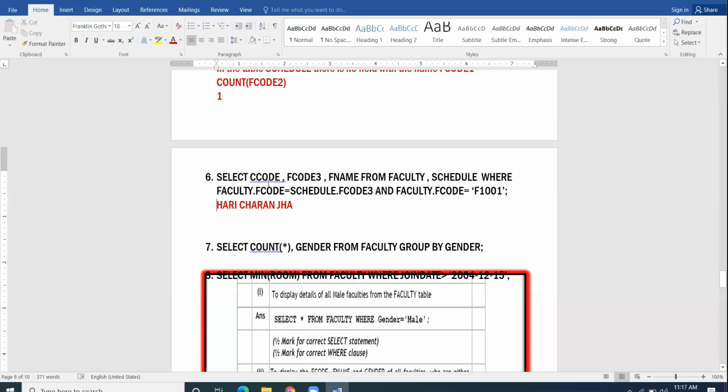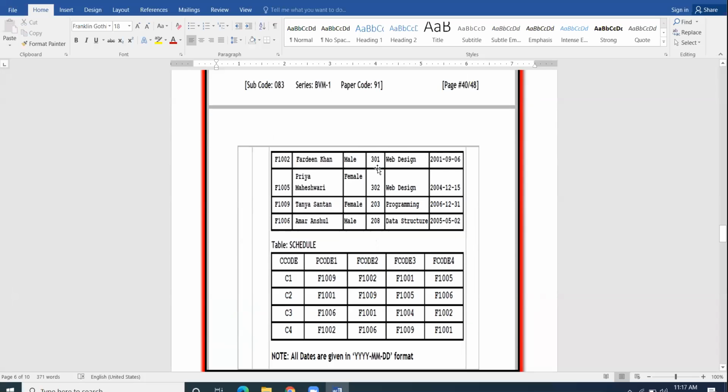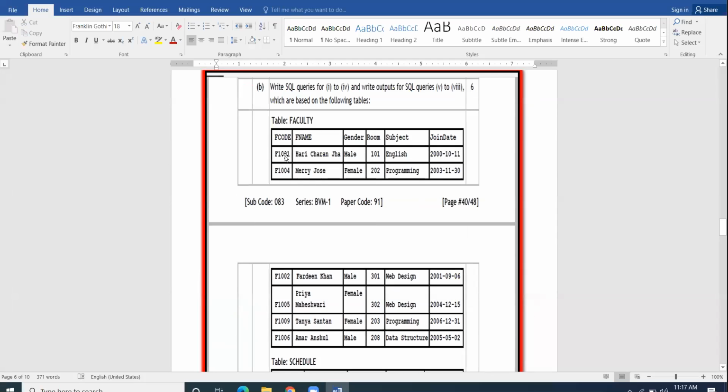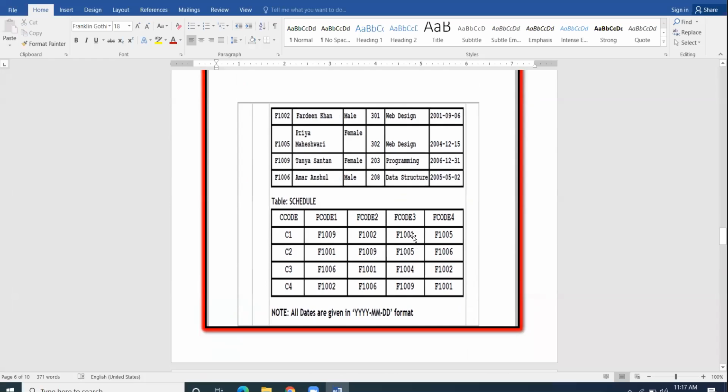Then CC code. CC code for F1001 is, see here, F1001 of faculty matches with the F1001 value which is in F code 3 of schedule.